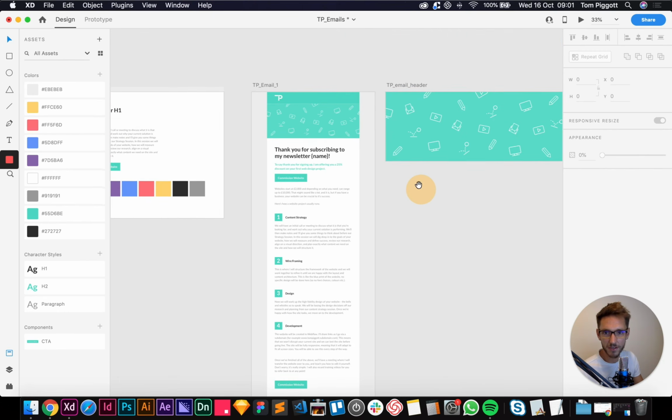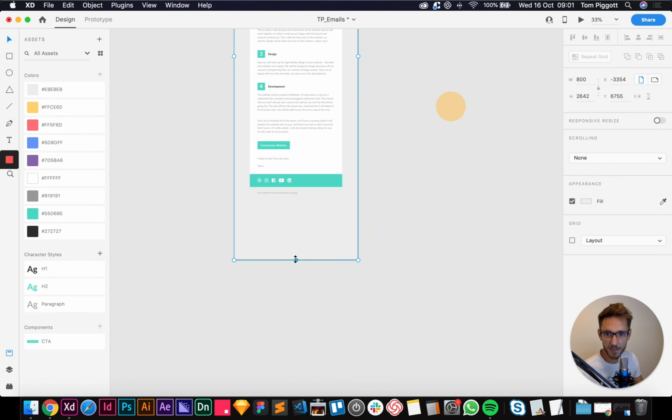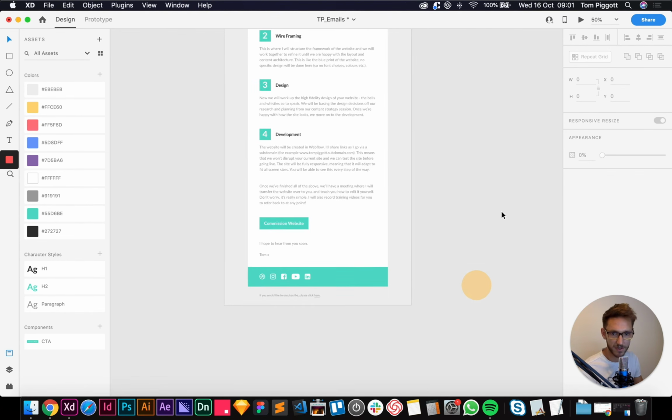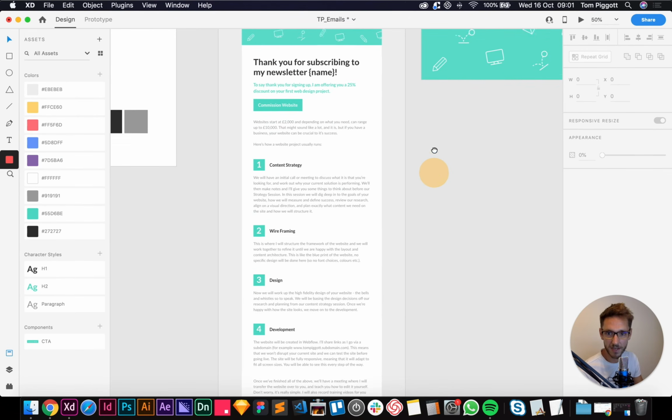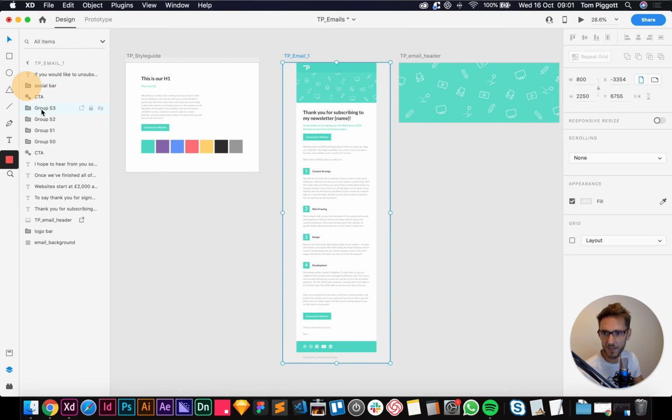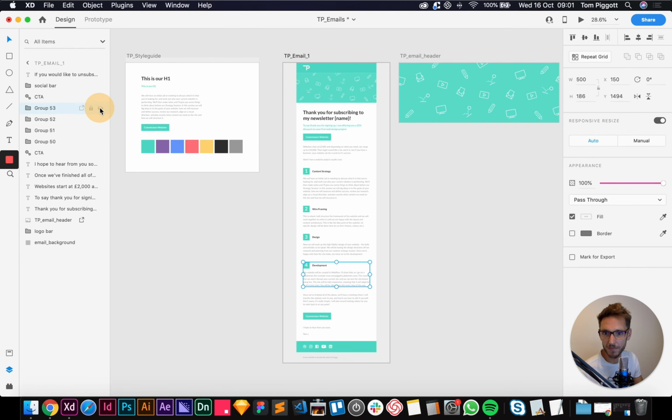So in terms of finishing this off, I select the email at the top here, just drag this up, and I would just eyeball this, it's not too important. And there we go, we're looking pretty good. I think that's it for our design. So now if we wanted to, we can come back to our layers, and we could see which one's this. This is development, so I could just label this up if I wanted to.